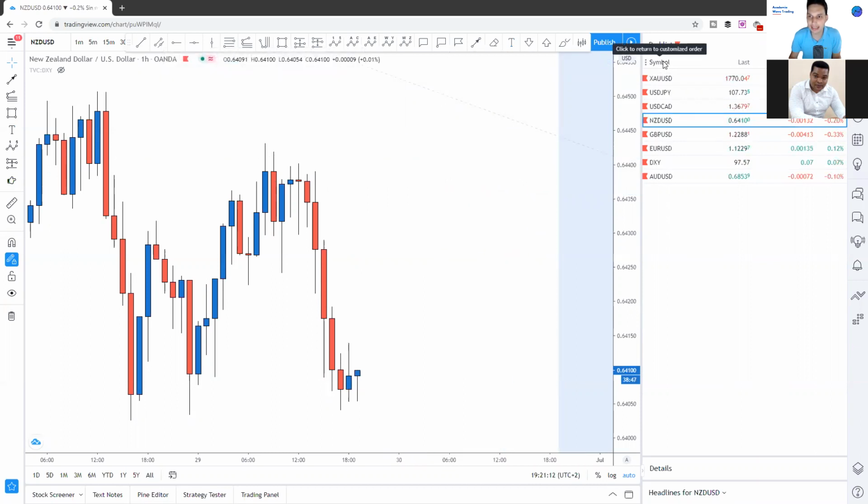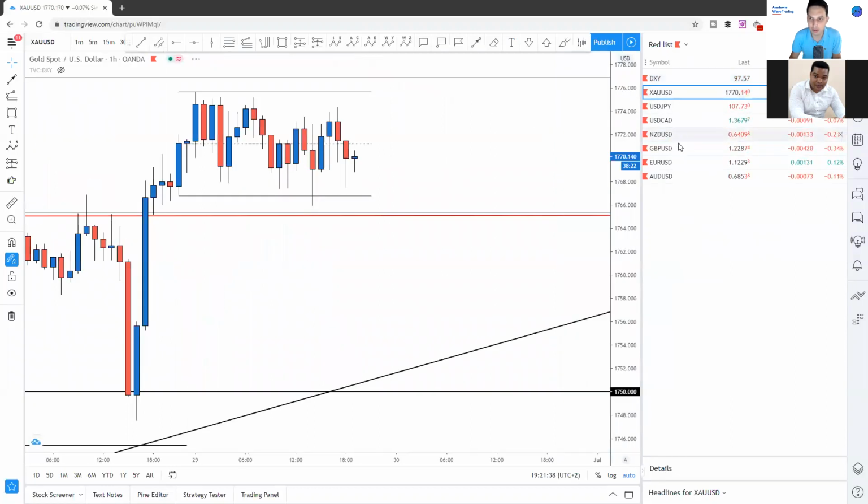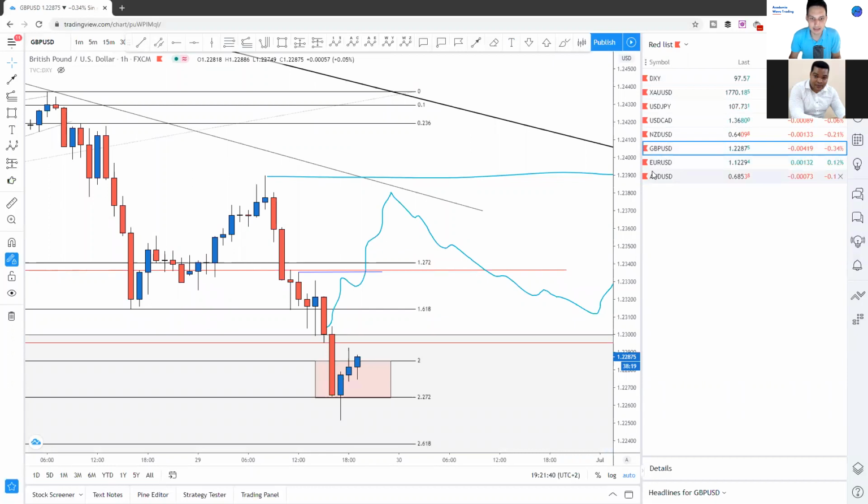As soon as we get more confident about our trade, our analysis, and our decision making, we can extend to more pairs. We can even cut that down to one pair or two pairs, and that's it. For example, you can trade just the gold or the pound. Just start with one pair, and then